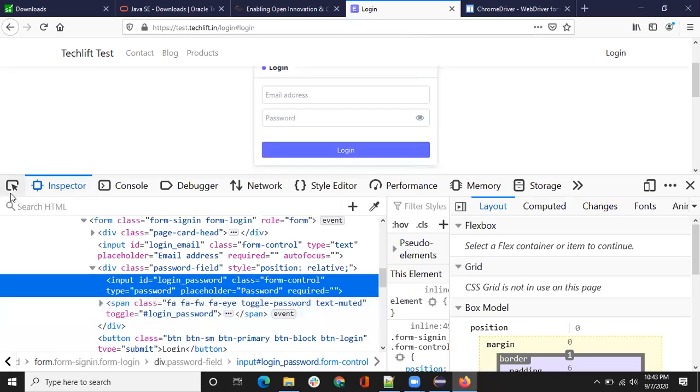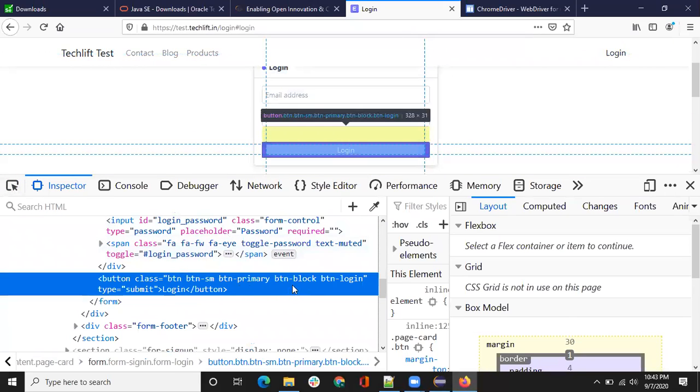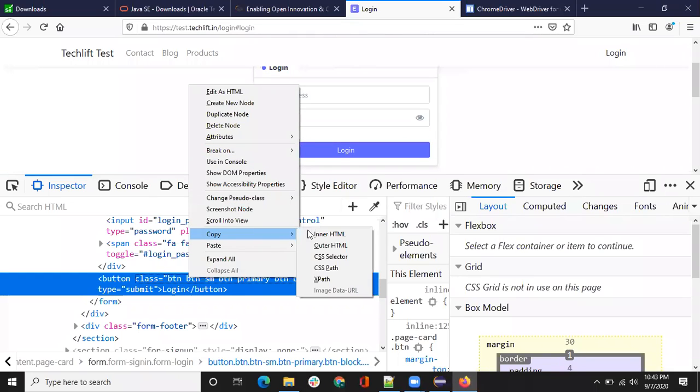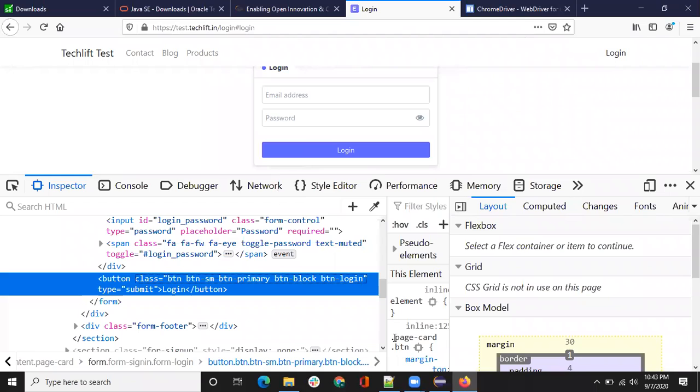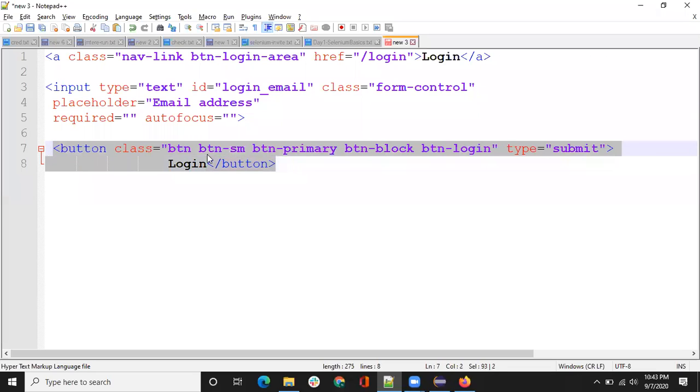Let's inspect that login button. This is saying that there is a button, and then let's copy this. I am copying the outer HTML and going here to understand the code behind this button. It's saying button class equals to this, type equals to submit, login. Now I don't have any ID to identify this uniquely. So in this kind of situation, you can create,